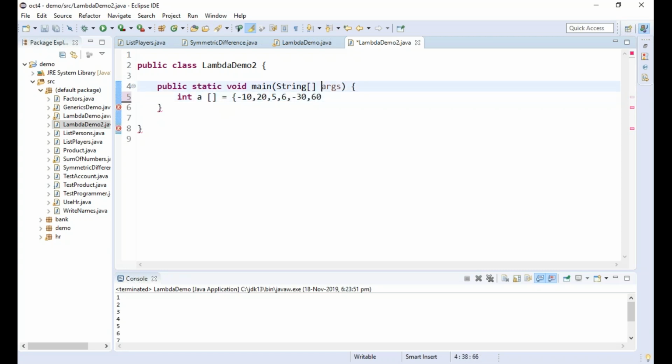These are the numbers. Doesn't matter how many you have. This is an array of some numbers. Now I want to sort it. So when I'm sorting it, this is the way it goes. So what it does,